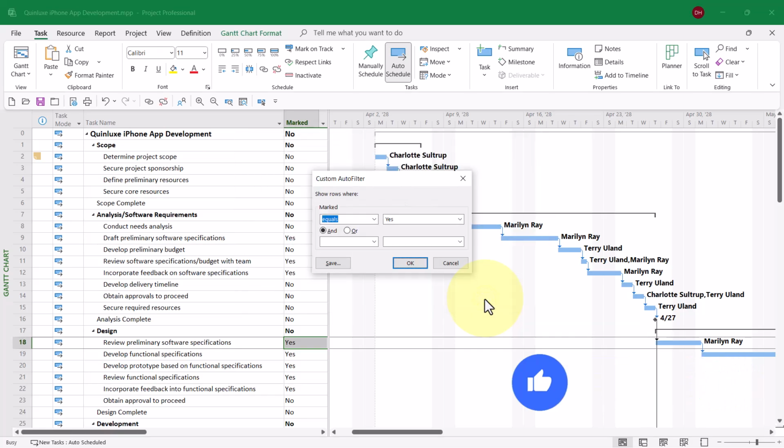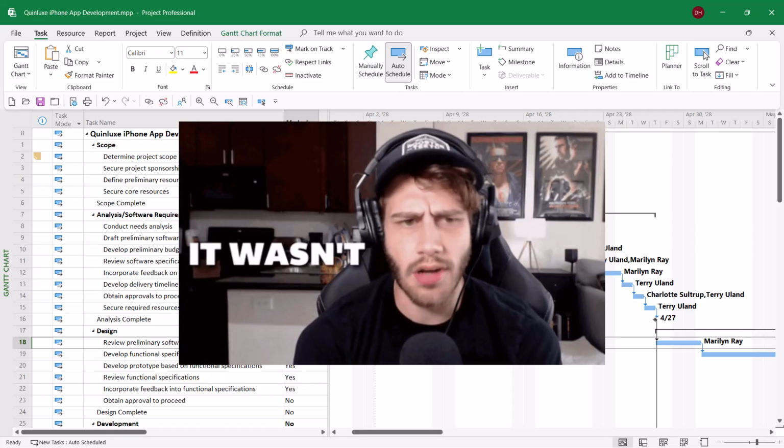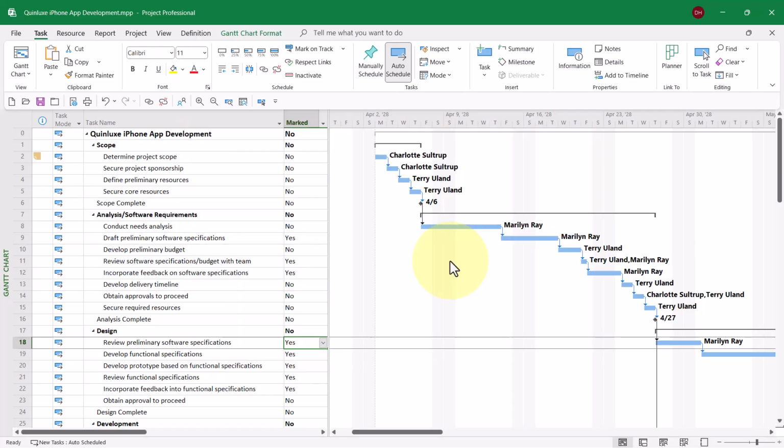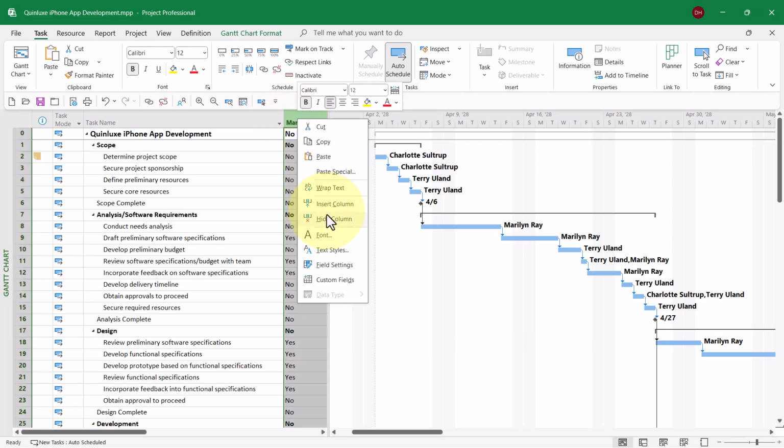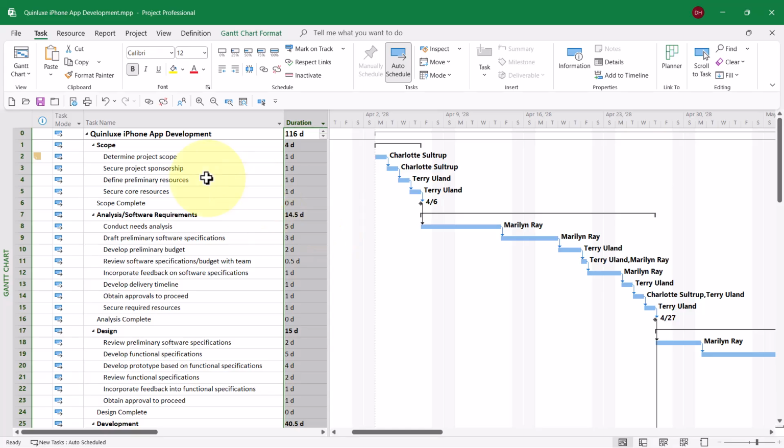Then click the Save button to save that filter, and then click the Cancel button to close that Custom Auto Filter dialog. Once you've done that, then you can right-click on the marked column header and select Hide Column on the shortcut menu. Now let's go to the View tab,